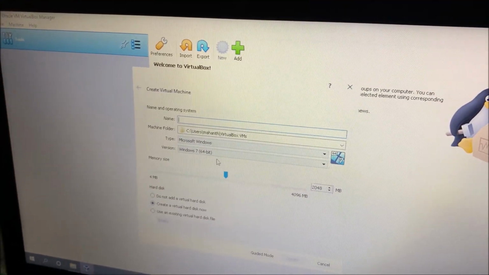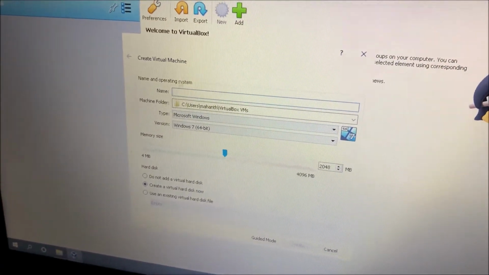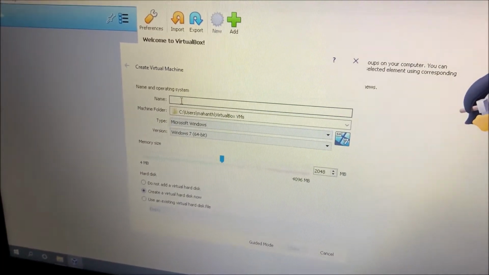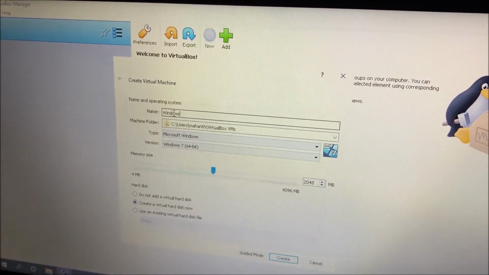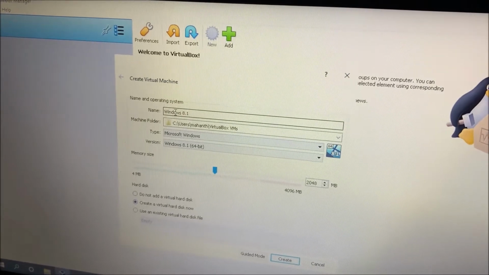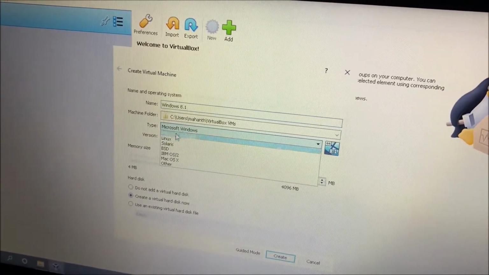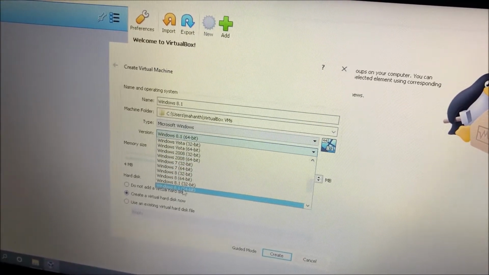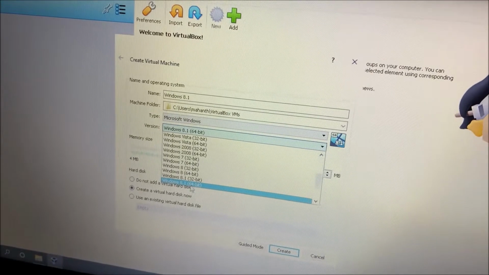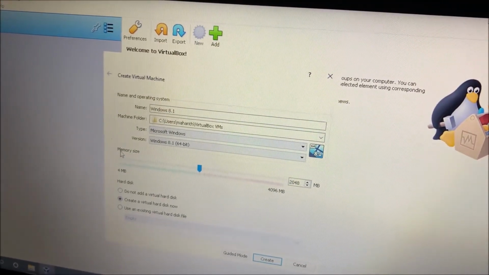Once you click on new, you will get this create virtual machine box. Here give it a name. I gave it Windows 8.1, the type should be Microsoft Windows and the version should be Windows 8.1 64-bit, and you can give it some RAM.